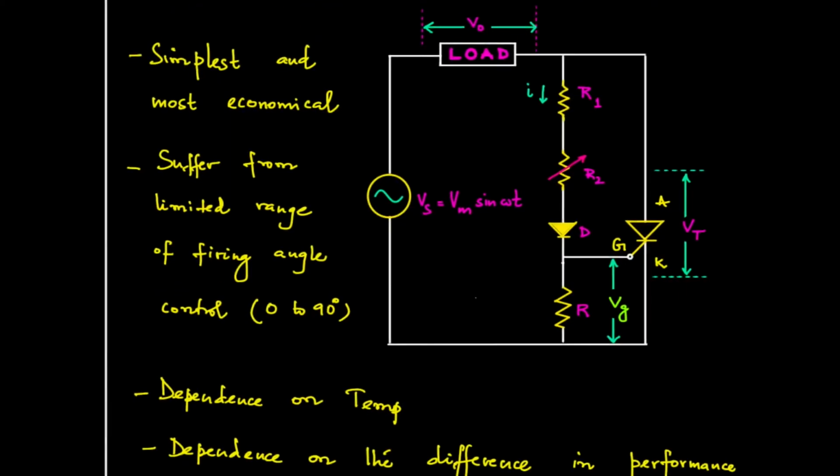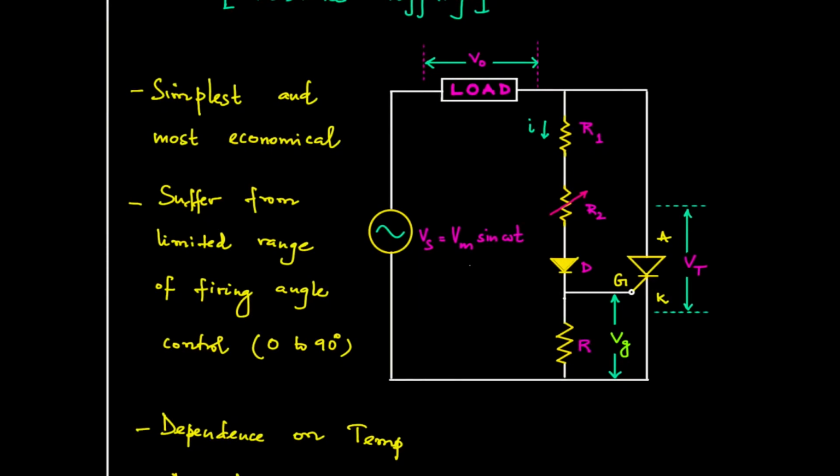Now, let's look at the circuit and see that there is a voltage source, which is an AC voltage source, and it is connected to a load which is connected to an SCR. So this is the actual circuit. I mean, the load and the SCR is the actual circuit, and when the SCR conducts, an output voltage is produced across the load. Now, if the SCR doesn't conduct, there is no current flowing and no voltage is produced across the load.